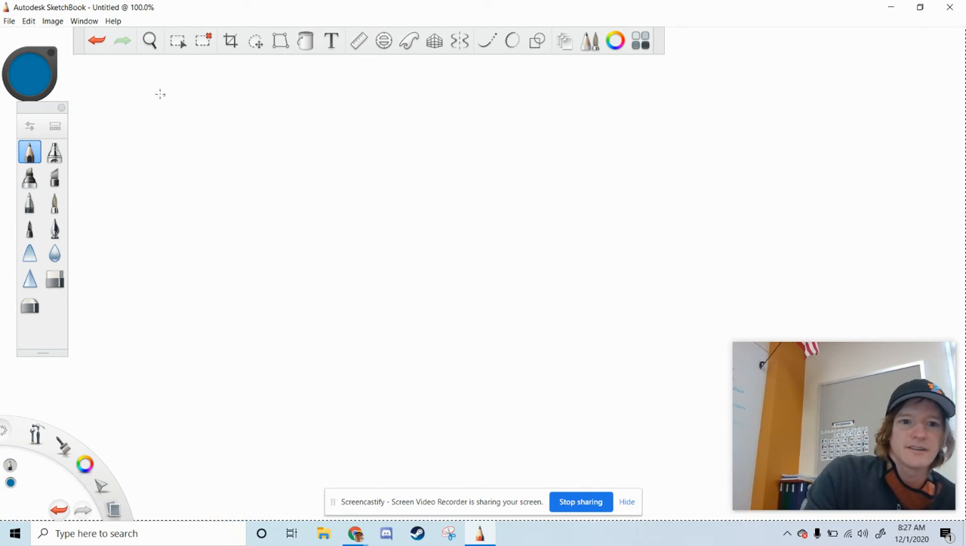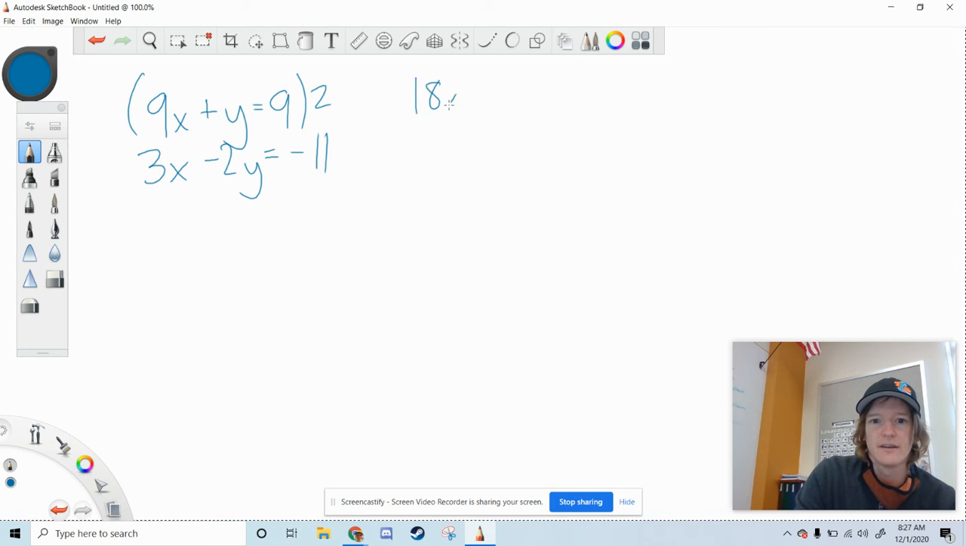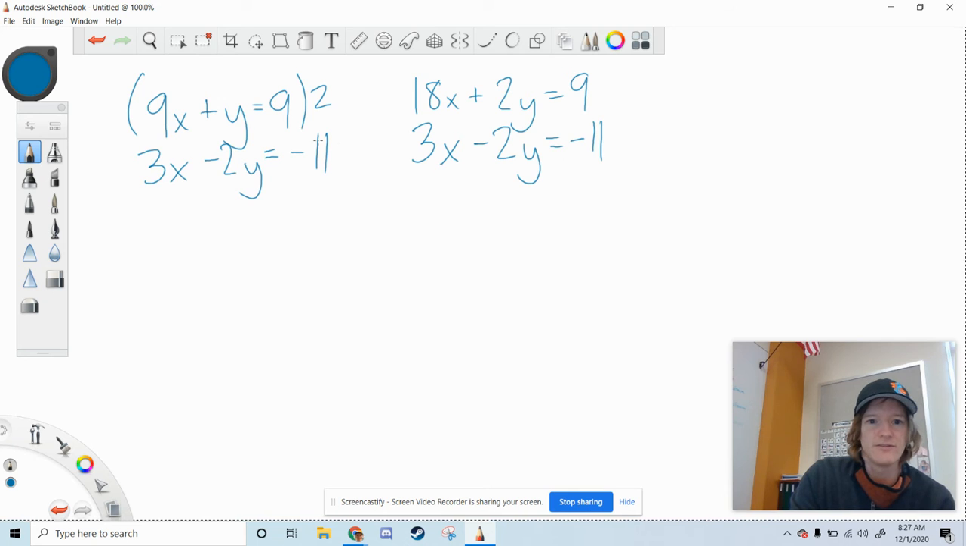Next one is 9x plus y equals 9. We've got 3x minus 2y equals negative 11. Getting rid of the y's is probably the easiest here. We're going to multiply everything on the top by 2. 18x plus 2y equals 9. 3x minus 2y equals negative 11. The y's will go away, so we'll have 21x